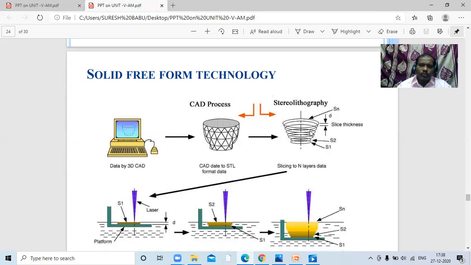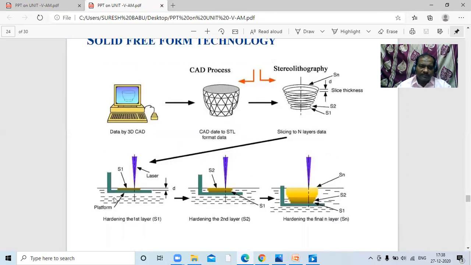layer by layer. We add the material to obtain the product. That means here is a platform, and this is going to be one layer, and once again another layer is there, and here another layer is there. Thereby we keep increasing the number of layers, and the thickness of the material keeps increasing, and the shape is obtained that we designed in AutoCAD or 3D CAD, and the hardening levels increase as we increase the thickness.